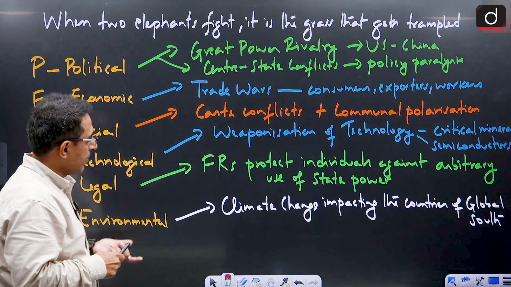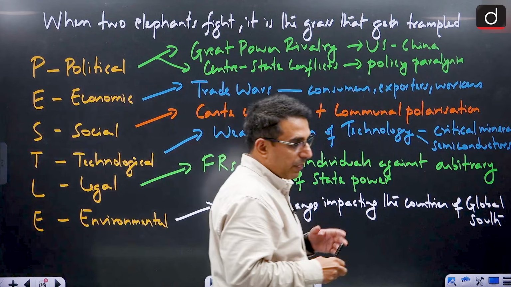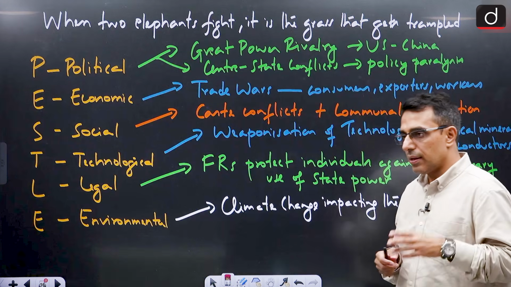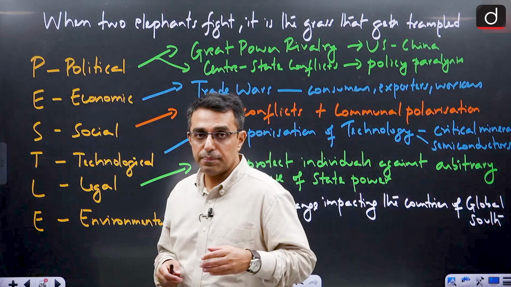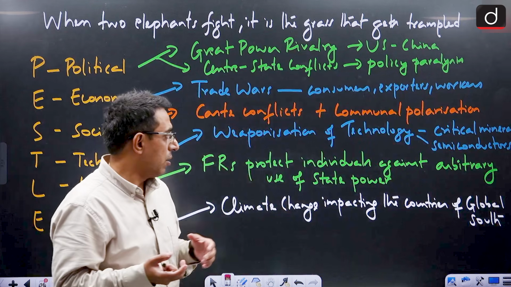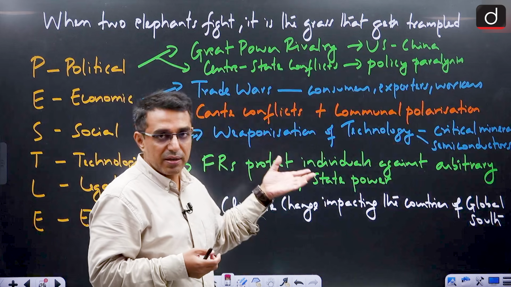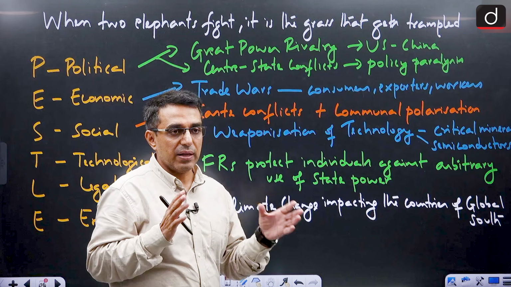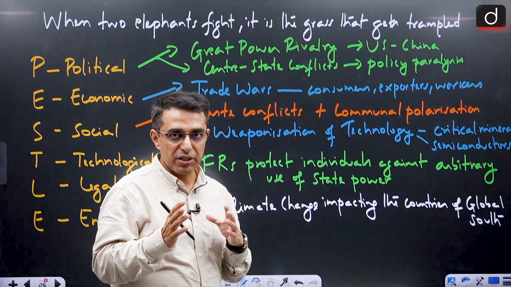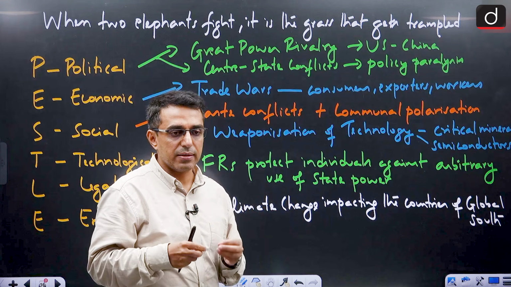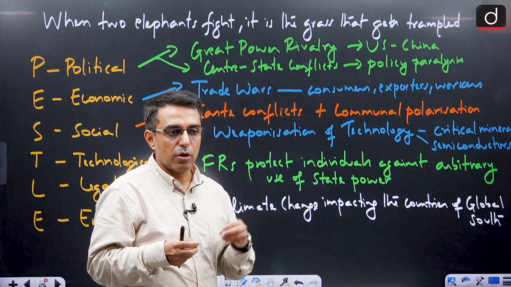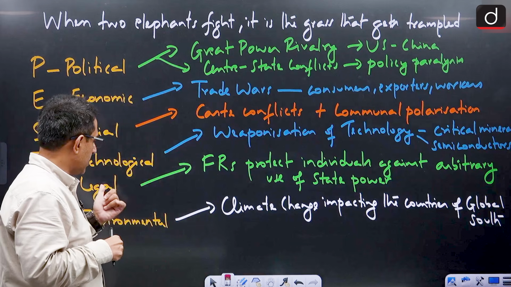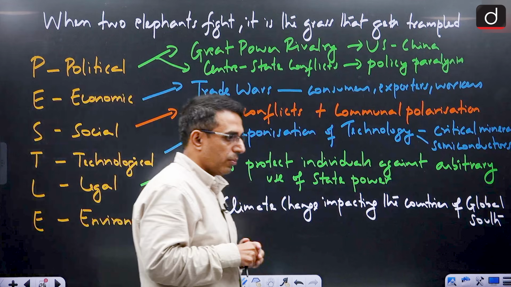Then in the technological dimension, we can talk about the weaponization of trade, weaponization of technology that is happening these days, and countries are not allowing the export of critical minerals or semiconductors to different countries, right? So that is also a problem. When the countries are fighting with each other for dominance, it is the industry workers, it is the common people who are suffering. Next, we can have the legal dimension, where we can talk about